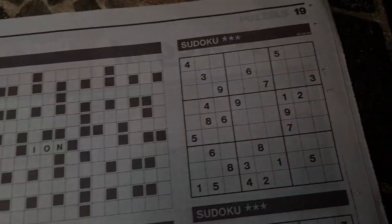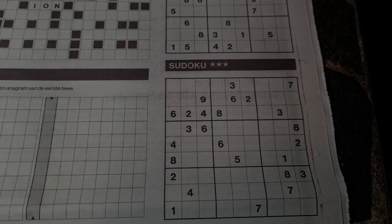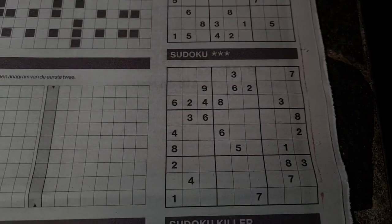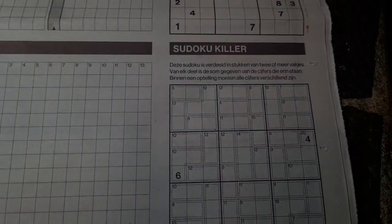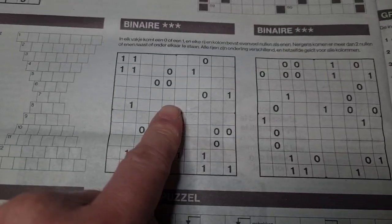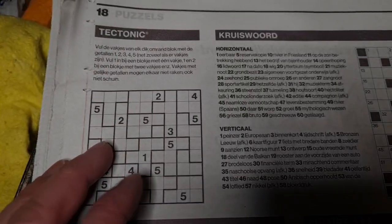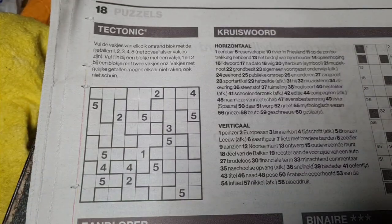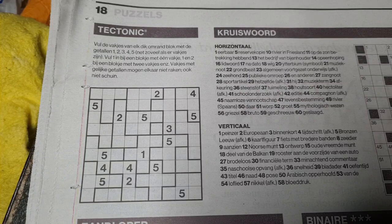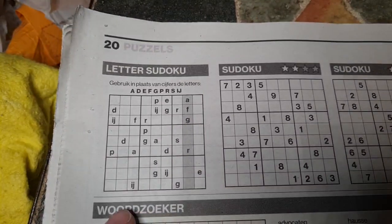6 extra puzzles, and those puzzles are the 3 stars Sudoku, another 3 stars, then the killer Sudoku, the binary puzzle. We have 2 of them with 3 stars, and the tectonic, aka jigsaw Sudoku. We have also an addition with extra puzzles, and those puzzles are